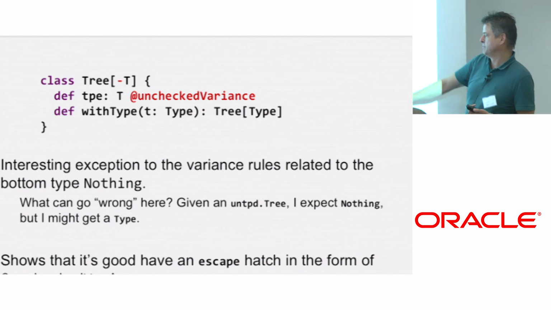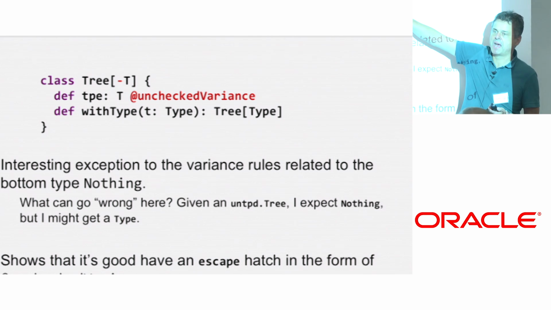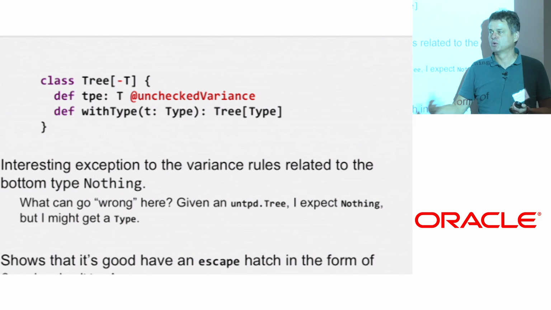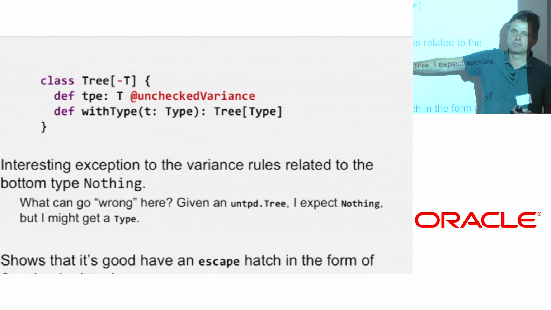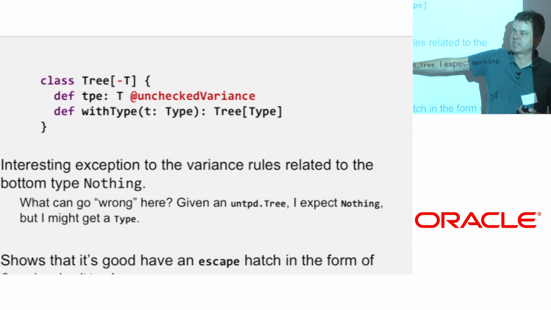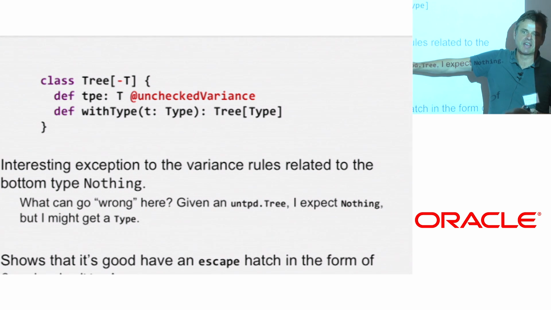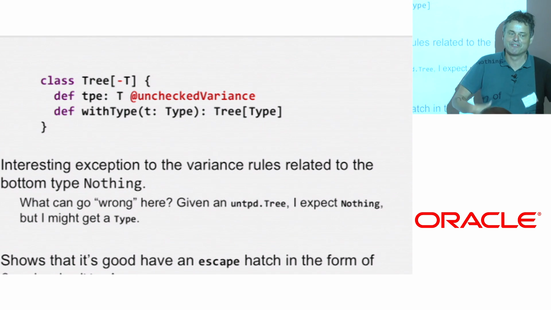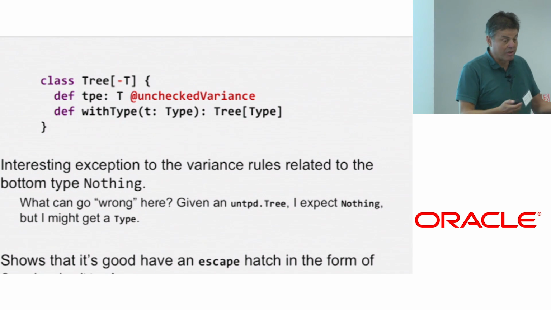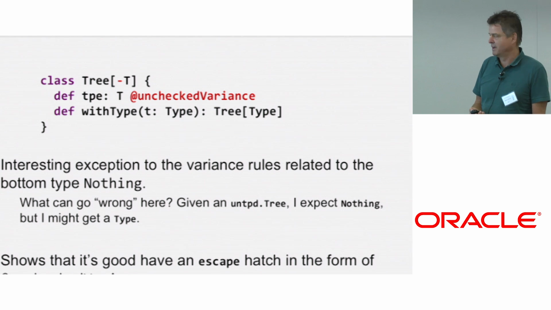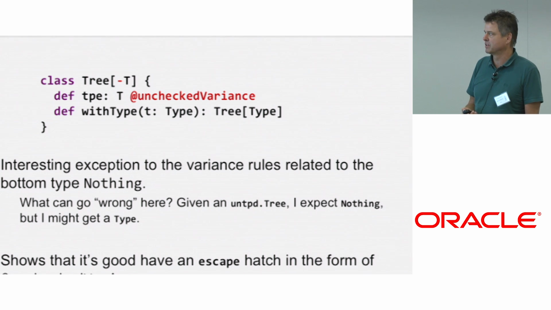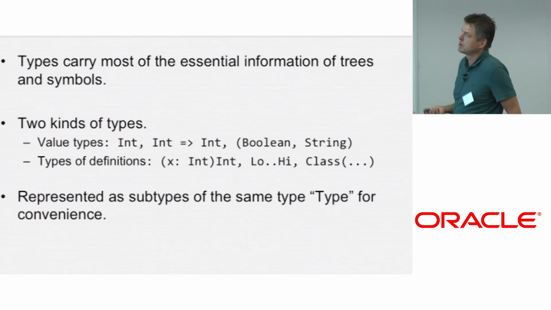And that's actually interesting because it shows that having an escape hatch for essentially any sort of hard typing rule is actually very important, because there are surprising situations like this where you say, well, no, a type system wouldn't have thought of that. And it's actually pretty good to give the compiler writer enough wiggle room to convince the language that the rules are still okay here. Okay, so let's go on.